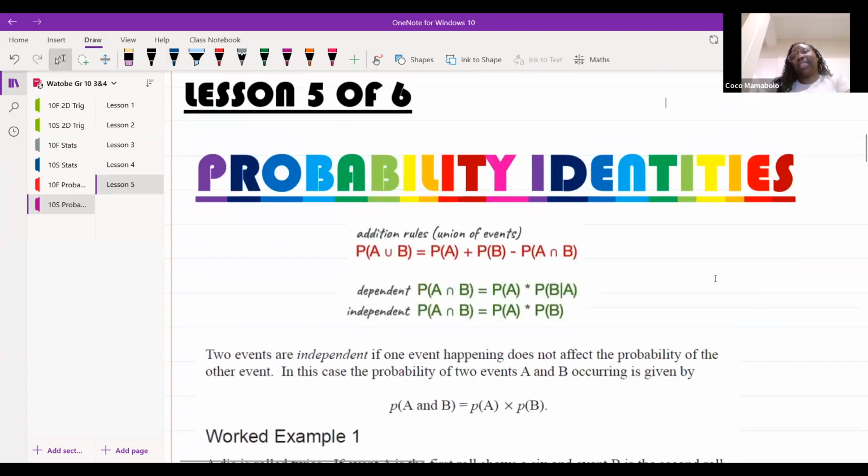Talking about probability identities. Very shortly after our last lesson, Teacher Coco noticed that teaching dependence is going to be difficult. So we're not going to teach dependence. We're going to talk about what dependence is, but we're not actually going to teach you how to calculate for it. Because if you can calculate for independence, anything that is not independent will be dependent. So we only really need to know about dependence or independence in this case.